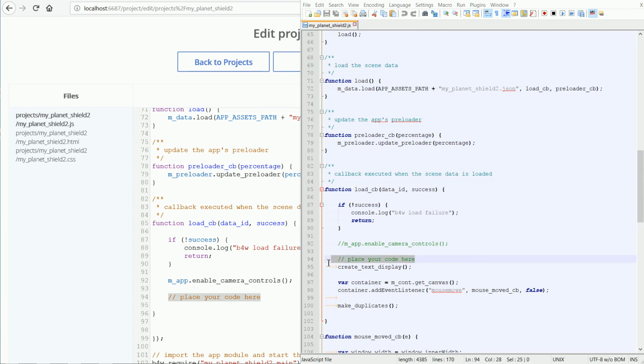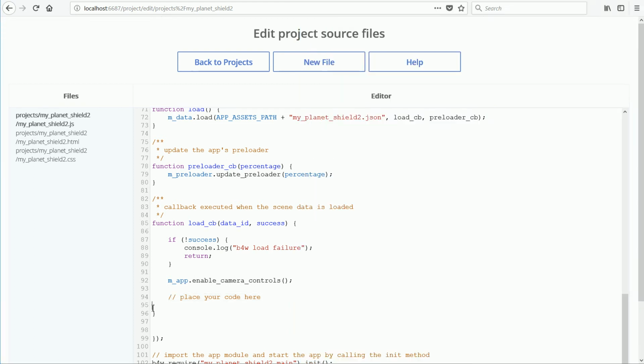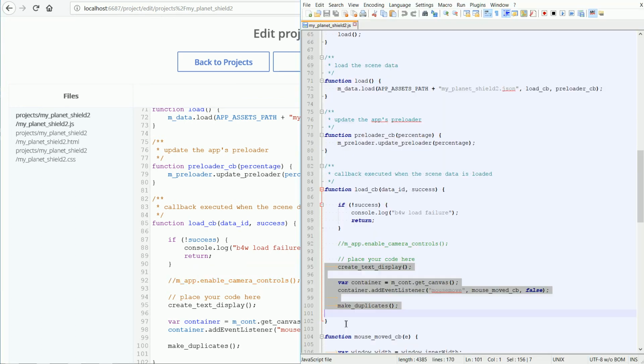Highlight the code, right click, copy, click, right click, paste. And I'm going to comment out the camera controls. And finally, copy over the functions,